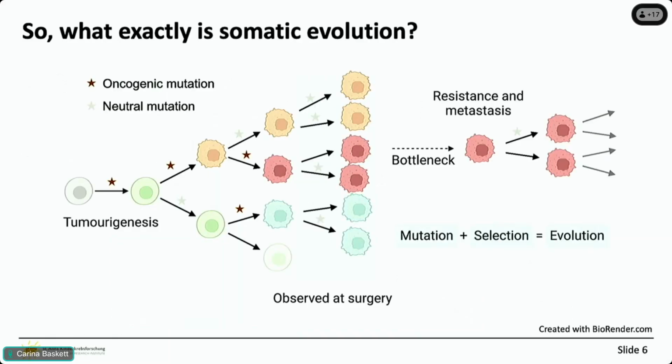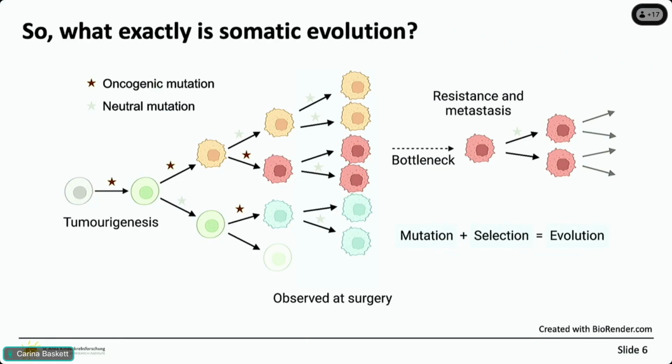So here is a very classic diagram that we often show when we try and describe what we mean by somatic evolution in cancer. It might look quite similar to how you might imagine evolution in bacteria, for example. But the cancer explanation for this process is that, within our bodies, we have many cells, and even normal cells, they probably mutate a little bit every time that they divide.